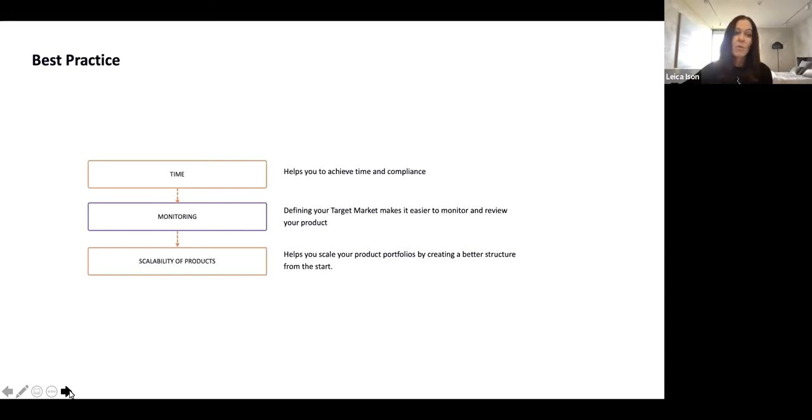The other benefit of this is when we eventually, post-October, get to the stage of undertaking our monitoring and jumping on those review triggers when they occur. If we've got really clear definitions around those product features, we're able to set our review triggers more clearly, with great data points around the thresholds that we're going to be monitoring. And then, of course, if we're adding in product features and new products, it just makes it easier to scale that up.